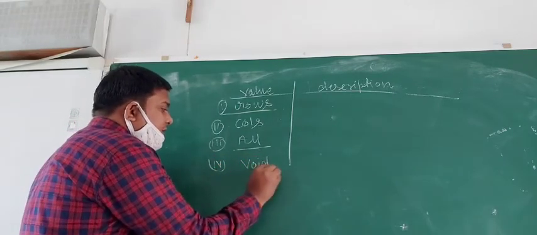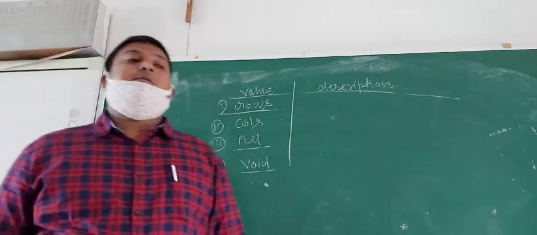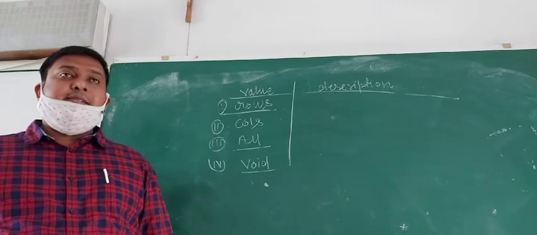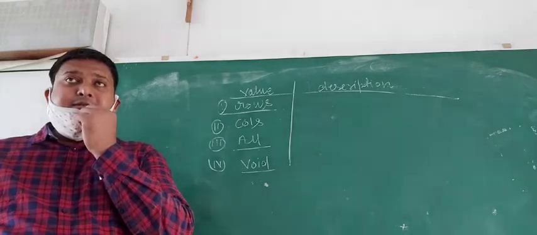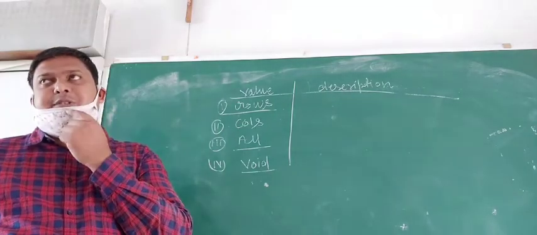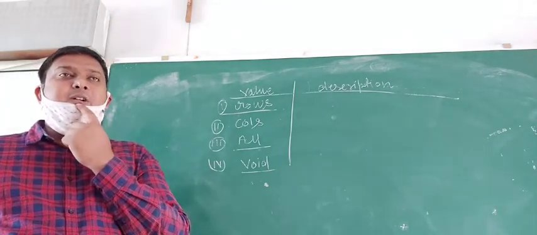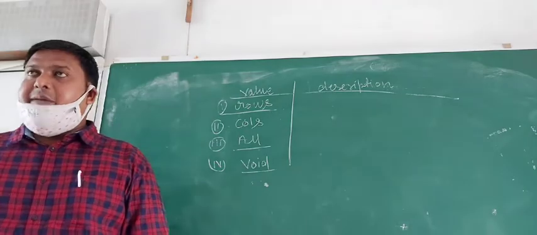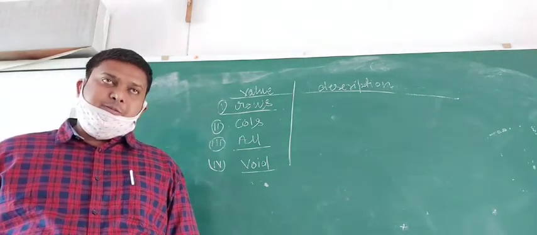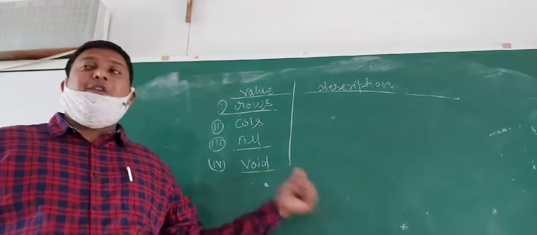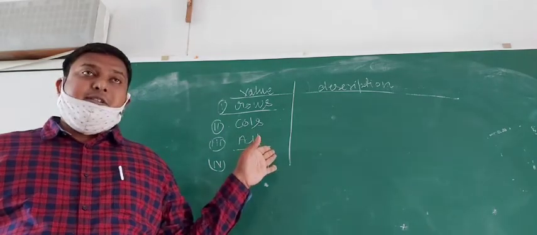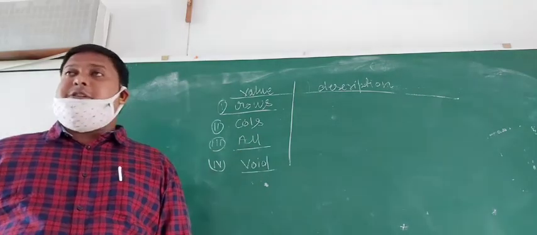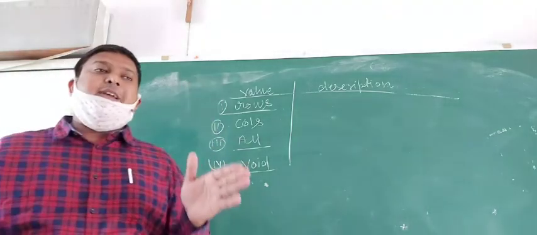And the next value is void. Void means none. None works with the rules and void is being used with the frame, or maybe vice versa. Okay, the void will be used with a frame and none will be used with the rules. Clear? So look here, what do you write for the definition? It hides all the internal borders. That means there is no border between the rows and columns.